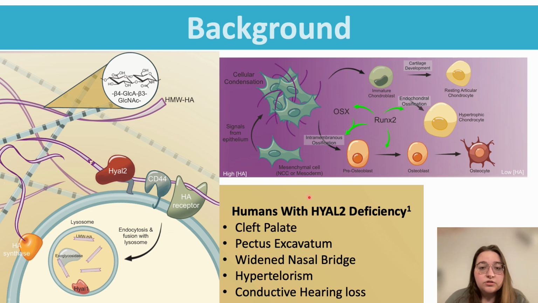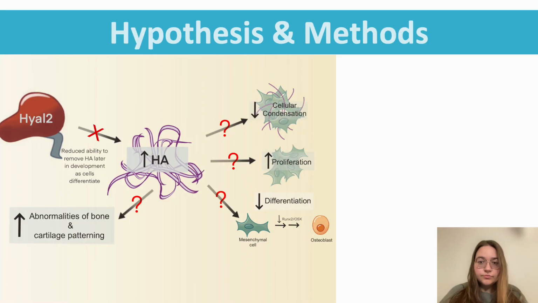Now, humans with HYL2 deficiency have a number of bone deformities, which include cleft palate, as well as pectus excavatum and conductive hearing loss. So our main objectives for this study were to characterize the skeletal phenotype of HYL2 deficient mice. We also wanted to determine how HYL2 deficiency, or increased HA through development, impacted cellular condensation, proliferation, and differentiation of